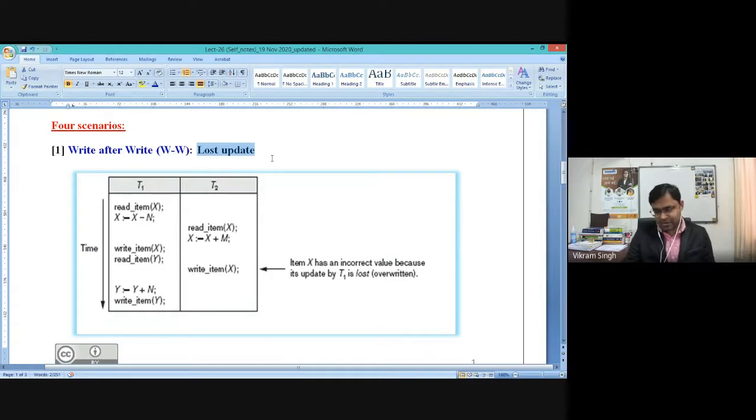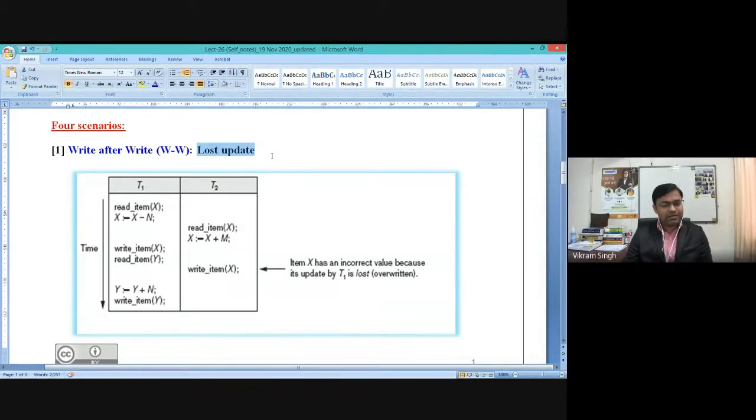Now, as a student of database systems, you can easily find out how to deal with these situations, right? We will be discussing it in the next lecture with the concept called serializability. You can arrange these operations in a serial fashion, like you can move all the operations of one transaction in one place, and all the operations of T2 in one place. So interleaving of operations must be avoided, right? We will be discussing that concept in the next lecture. So that is the first scenario.